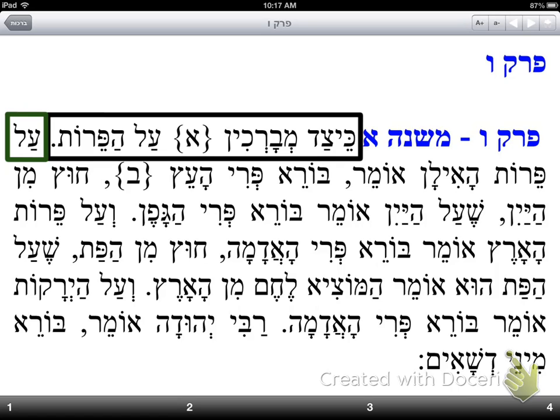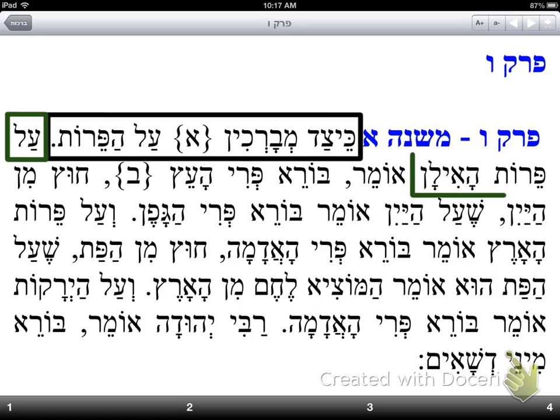Now, as we're going to see, peros here does not mean fruits as we know fruits that you buy in the store, like apples, oranges, that sort of thing. Peros here means anything that comes from the ground or is in some way grown. So it's a general statement for foods that are grown. So we're going to call that peros, foods that are grown. That is what the Mishnah is going to talk about. It's going to talk about the different bracha you say before eating a fruit that is grown.